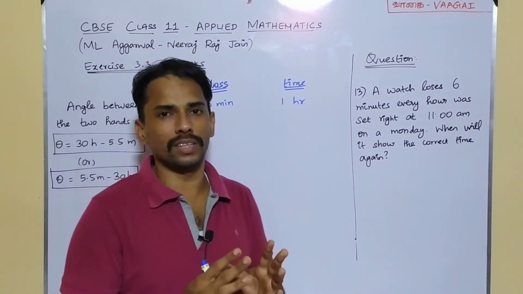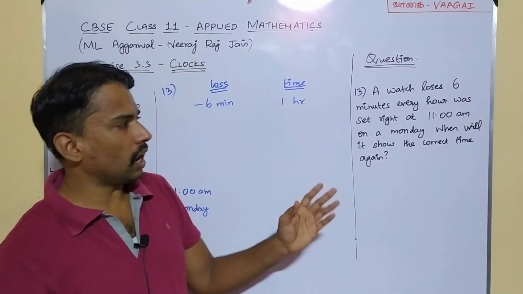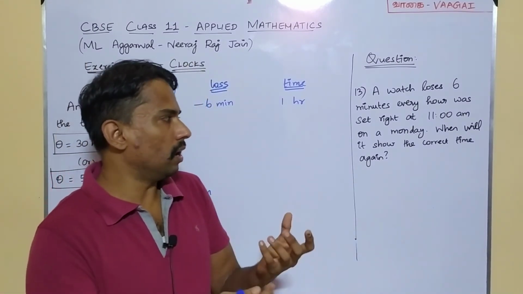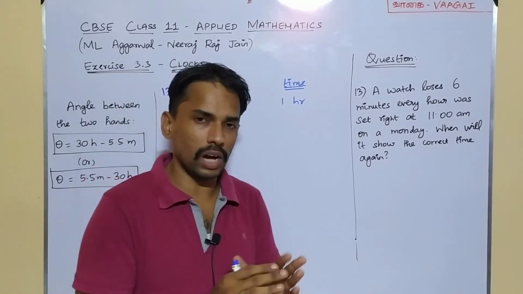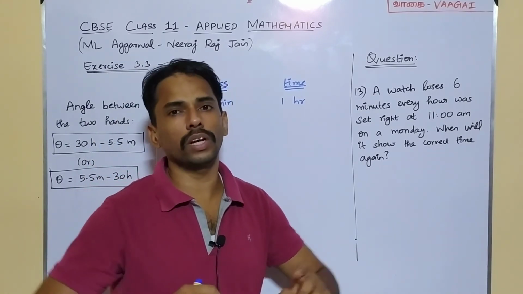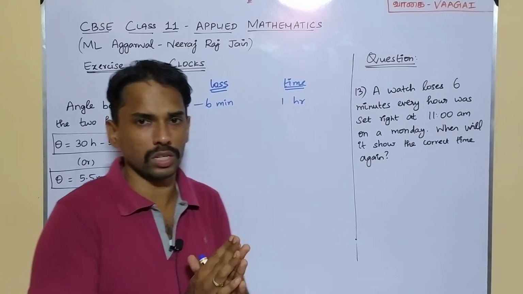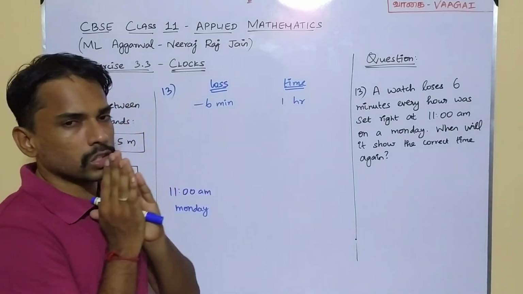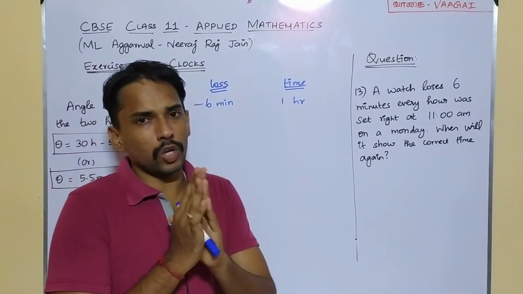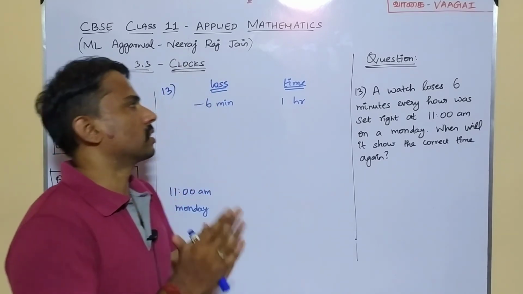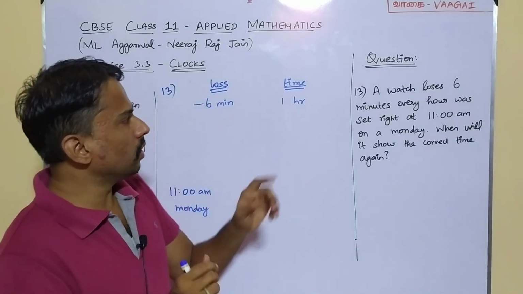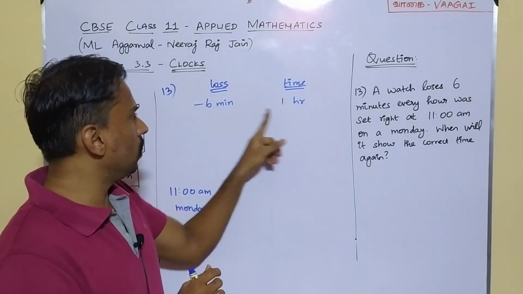So it is simply asked after how much time it will again show the correct time. That's all that is given in the question. So how can we handle this question? That is what we should be very clear about. Okay, fine. So one thing we will note here: this clock, for every 1 hour, is going to